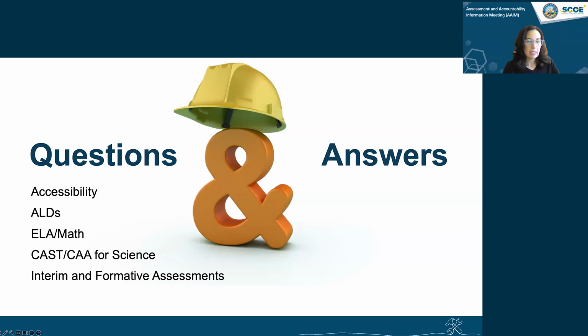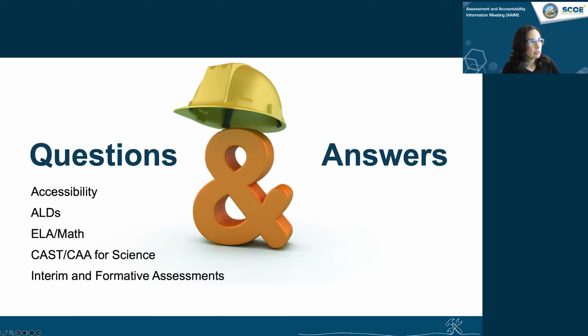And after you log in, the left-hand menu of Tools for Teachers has a button for professional learning resources. Once you select that button, that will take you to the professional learning resources page where you can search for the keyword ELPAC. And that will bring up those ELPAC resources that Rebecca mentioned earlier.